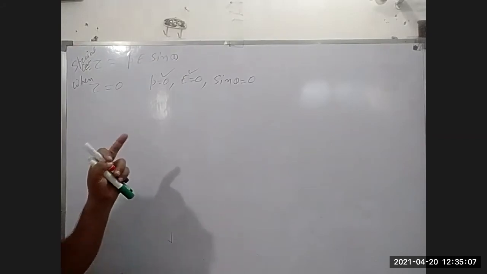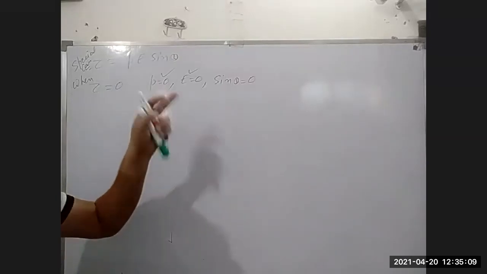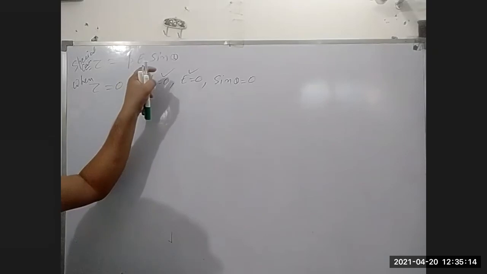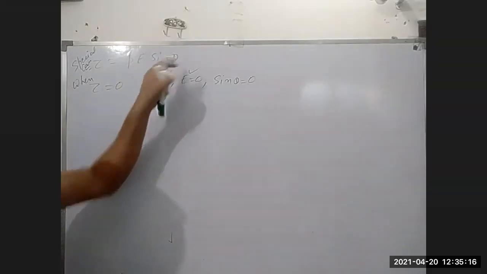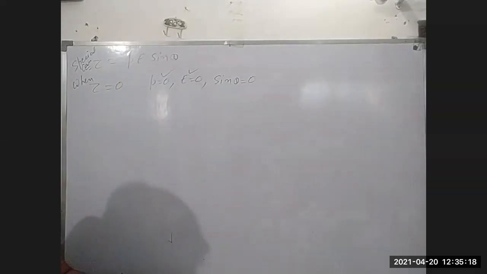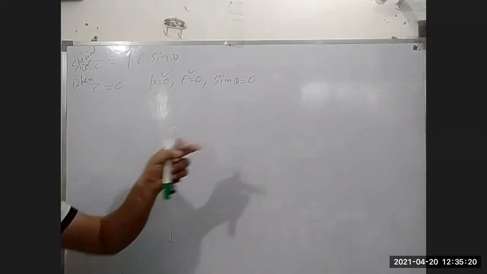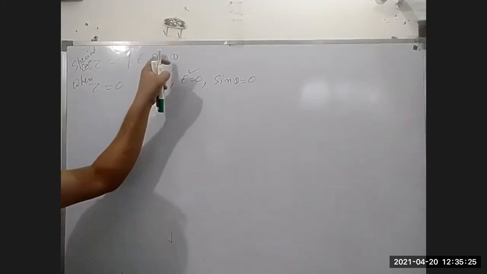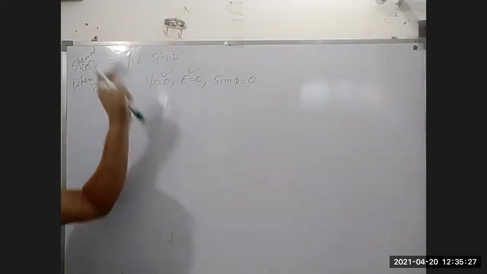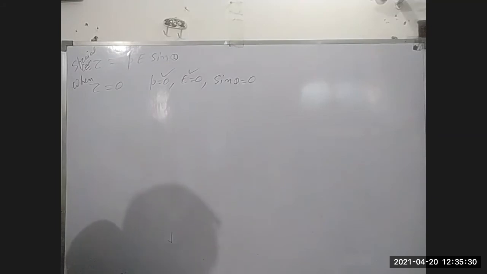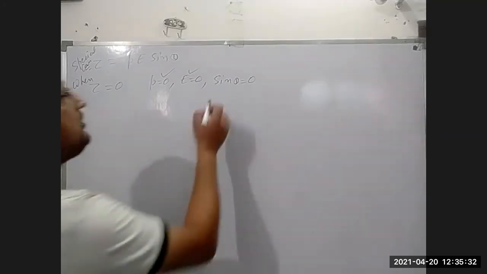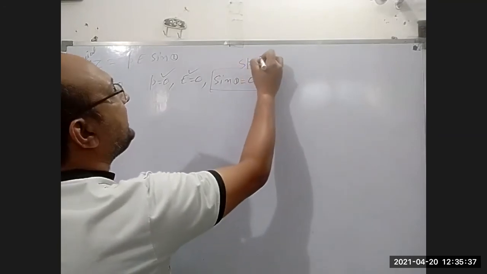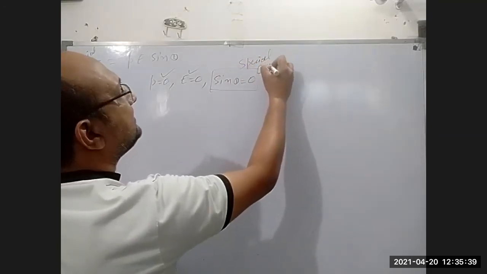Which one is special? P and E are there, but due to only the angle, due to only the placement of the dipole in an electric field, the condition gives you the value of torque as 0. And what is that condition? We have to focus on the angle. Then these cases are called special cases.